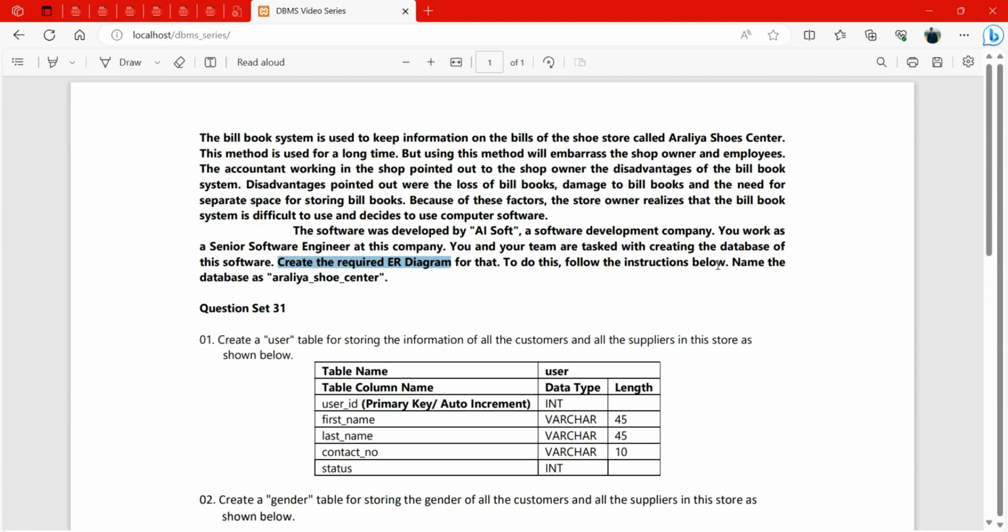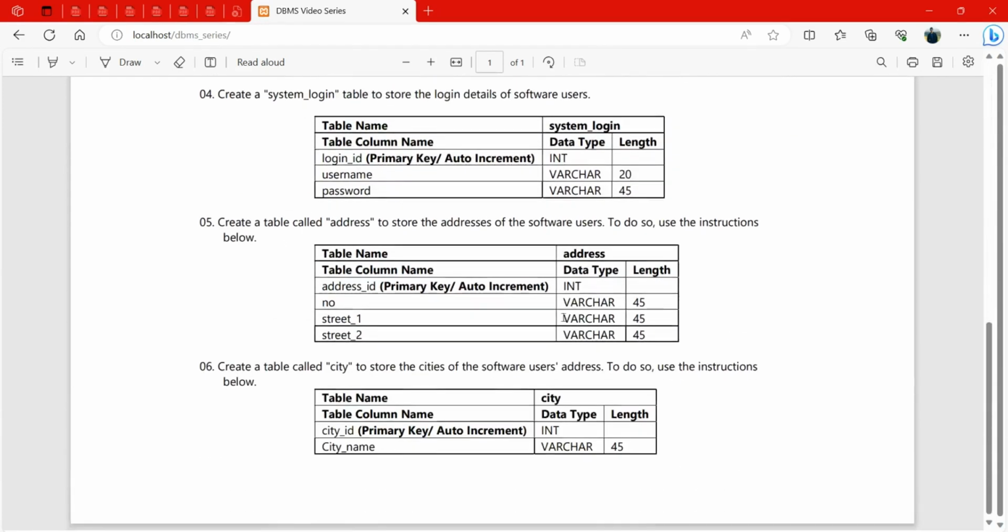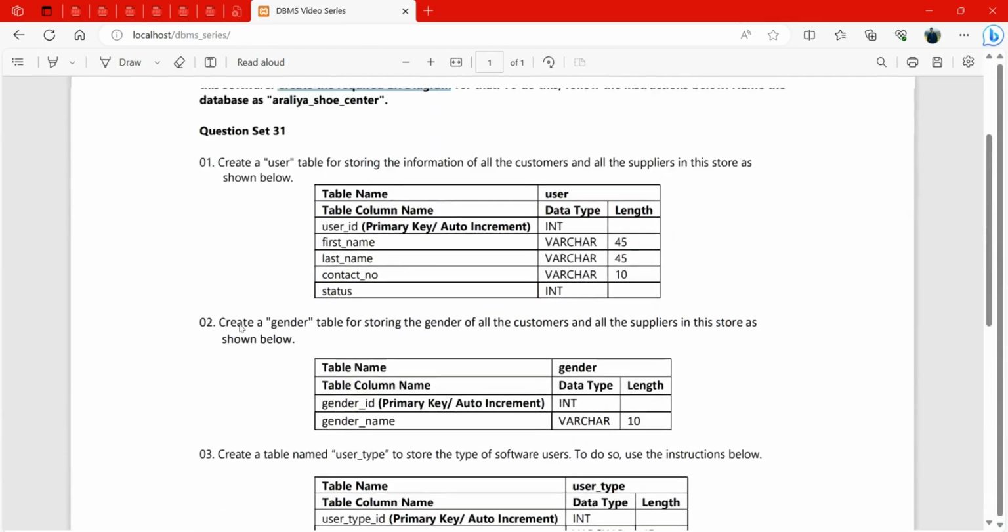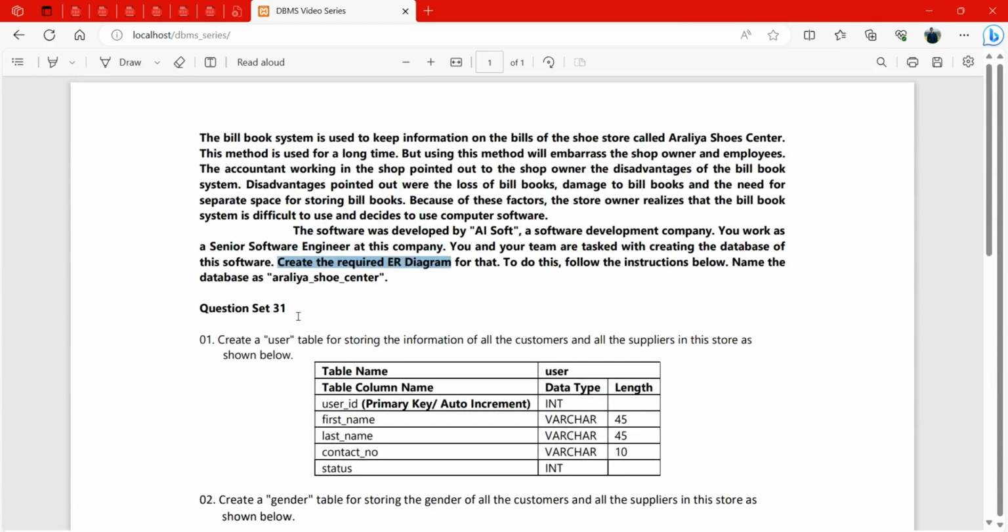They have given the instructions here. You can see here they have given 6 tables that we should include in the ER diagram, and finally they have given a name to the database called Aralia Shoe Center. So this is the main question that we have got in question set number 31. So we need to do all the question sets hereafter related to this question. So let's see